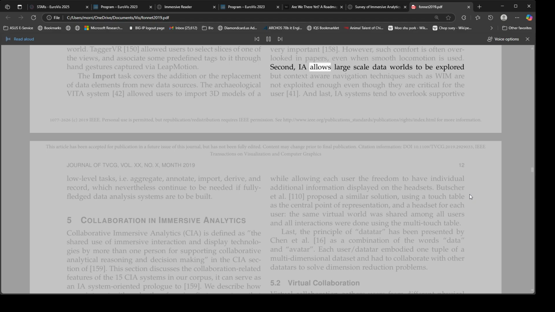Second, IA allows large-scale data worlds to be explored, but context-aware navigation techniques such as WIM are not exploited enough, even though they are critical for the user [41]. And last, IA systems tend to overlook supportive